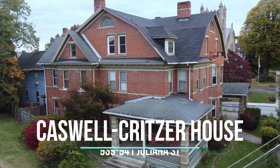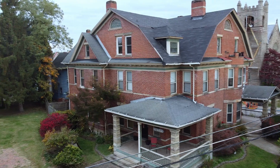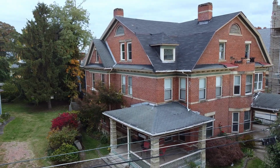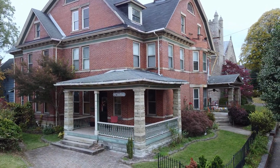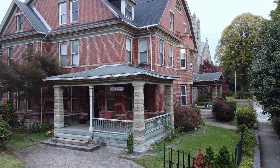The Caswell-Kritzer House, circa 1890, built in the Colonial Revival style. This lot and an earlier frame house that stood on it were the property from 1871 of lumber baron William B. Caswell, whose mansion stands at 1024 Juliana Street. His widow, Clarissa Caswell, inherited all the property in 1887, and at her death in 1897, commissioners assigned this piece